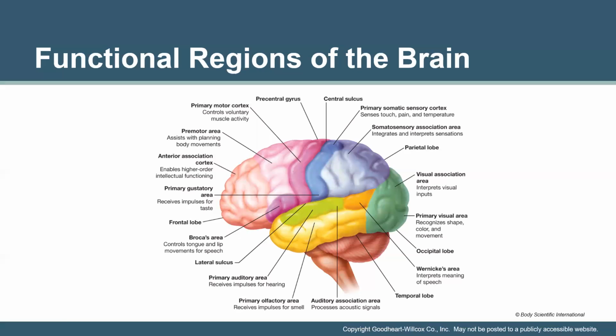The occipital lobes, these guys are responsible for vision or interpretation of vision. They include the primary visual area where the inputs are received, and then the visual association area where the inputs are interpreted. Within the temporal lobes